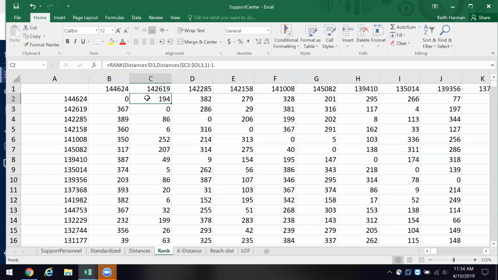Now, listen, I understand that this is a tall drink of water. It's like drinking out of a fire hydrant. I get that. I could probably take this textbook and use it just for an entire course. But I think it's valuable for you to see that we can handle pretty large data sets with Excel.